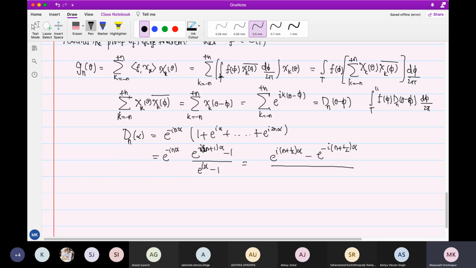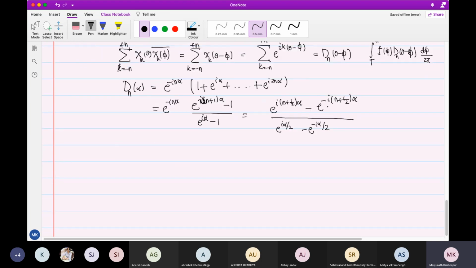Since I pulled out e to the i (n plus half) alpha, e to the i n alpha cancels, and e to the i alpha by 2 is still remaining. I pull out an e to the i alpha by 2 in the denominator, so I get e to the i alpha by 2 minus e to the minus i alpha by 2. Now it's a difference of two things, an exponential minus its conjugate. So it is 2i times sine of that. So it is actually sine of